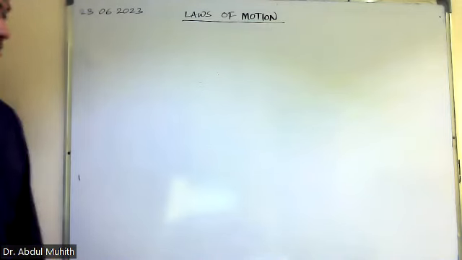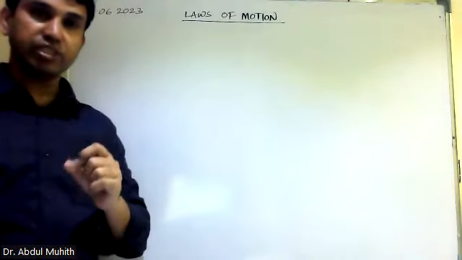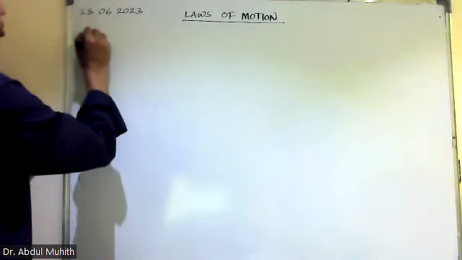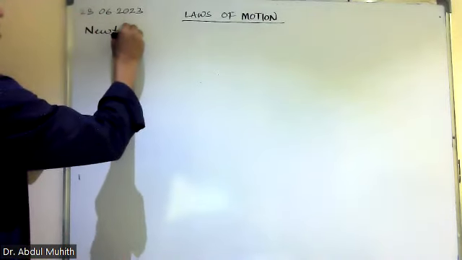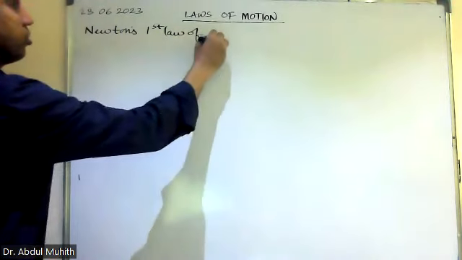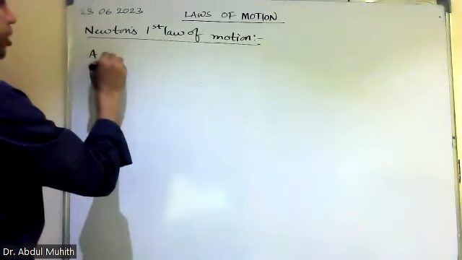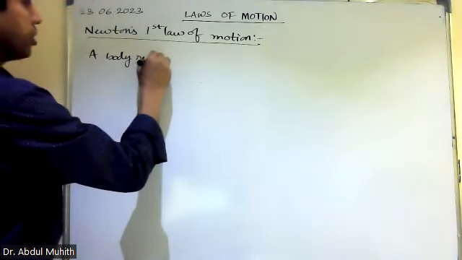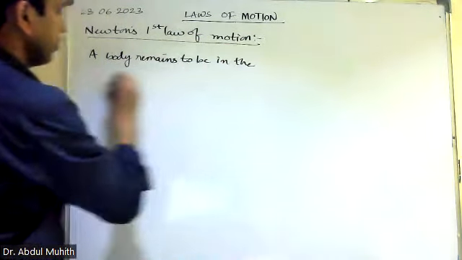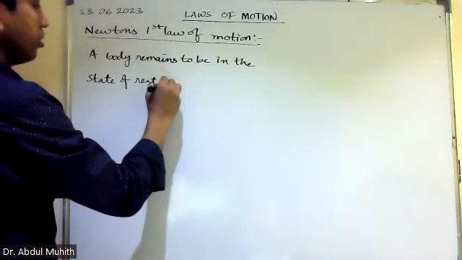Now, laws of motion. Isaac Newton has given three laws of motion. First law of motion, Newton's first law of motion. So what does it say? It says that a body remains in the state of rest or motion